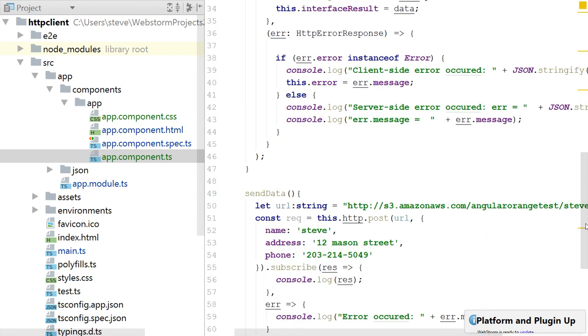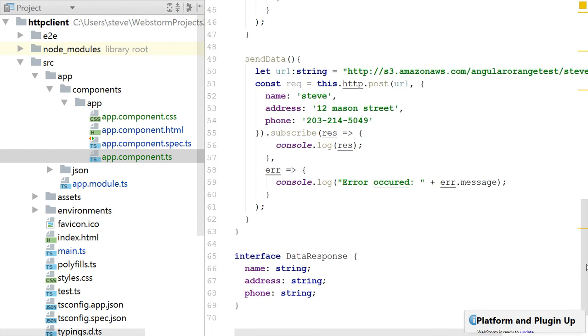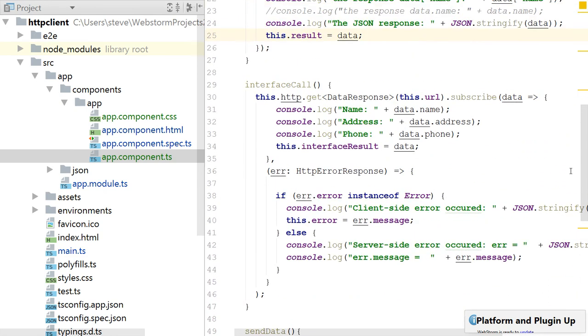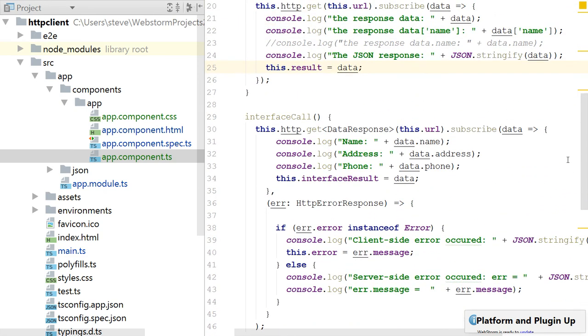Now you could send data, and I didn't do that, but I just want to point out that I do have to define the data response interface with the data, like I showed you. Everything works just fine when you're using the data types in the GET